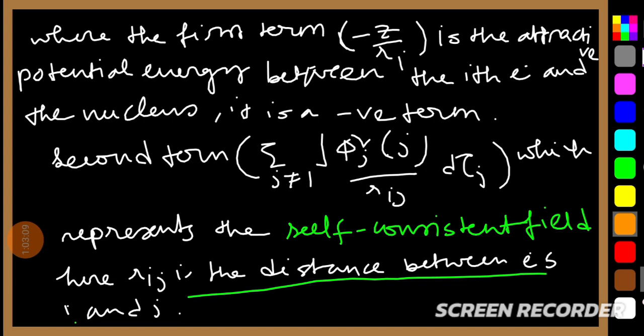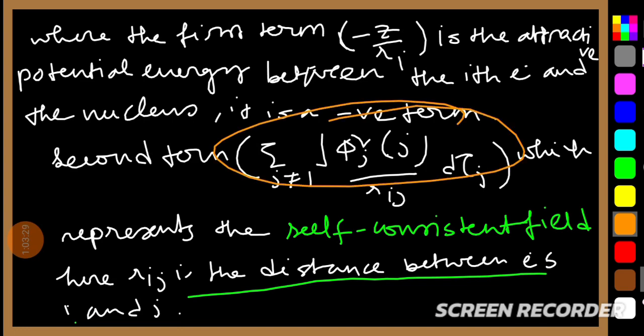Okay, এটা আমরা ধরে নিয়েছি। And the second term, that is summation of j not equal to 1, integration phi j square of j by R suffix ij, that is d tau j, represents the self-consistent field, Rij, that is the distance between the i and j level. ওকে, তো এটাকে আমরা সেলফ কনসিস্টেন্ট ফিল্ডের একটা ভ্যালু ধরছি, আর Rij বলতে বোঝায় I লেভেল আর J লেভেলের মধ্যবর্তী দূরত্ব। ওকে, নেক্সট।